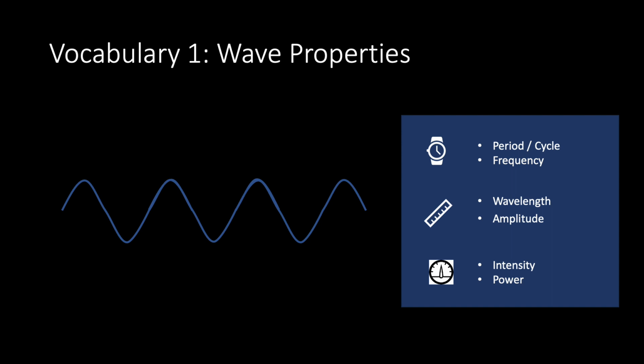Now we can also make a measurement of the displacement of the particles as the wave travels. So on this wave, we would measure from the top or the crest of the wave down to the trough or the bottom. But remember that this is a transverse wave that's depicted here on the slide, and that ultrasound waves are longitudinal waves. And so amplitude, while it is a distance measurement, really doesn't give us the full picture of what we need to understand about ultrasound waves, which is more going to be covered on the next slide when we talk about intensity and power.